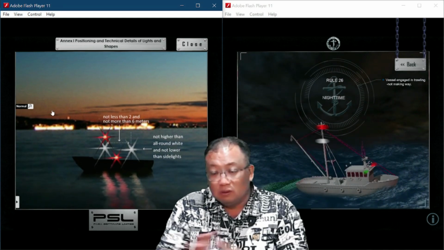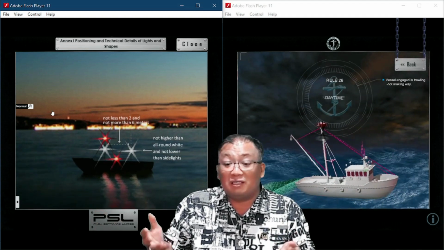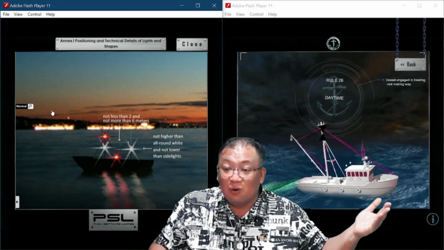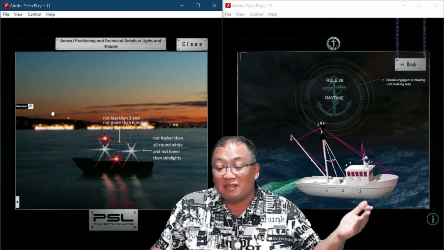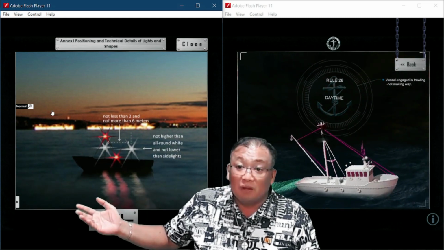So, this is a very good example. You see, on my left hand is the other than trolling fishing vessel, which is red over white, and on my right hand,